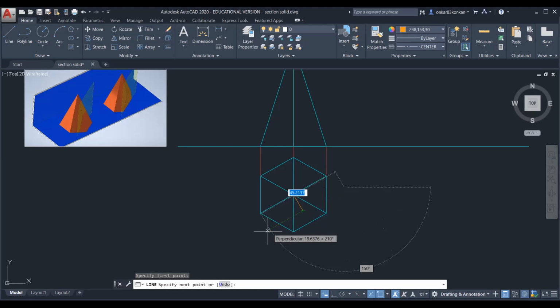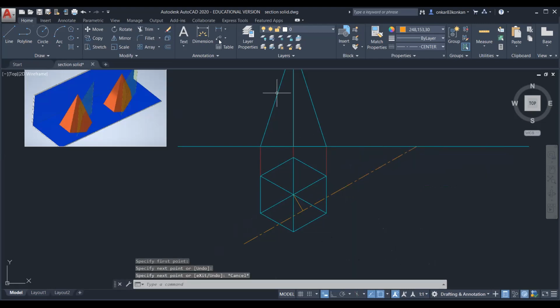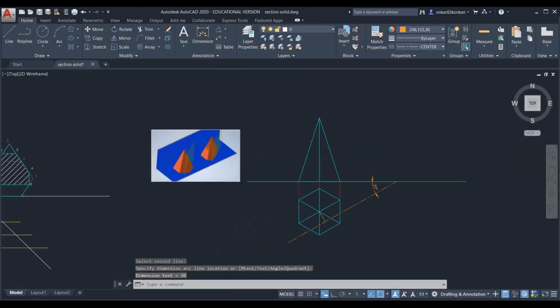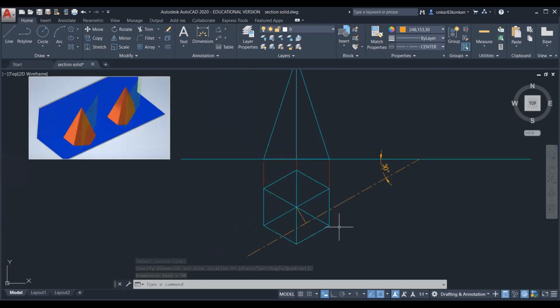I have taken it 10 mm. So this angle is 30 degree. Now this line represents the section plane.